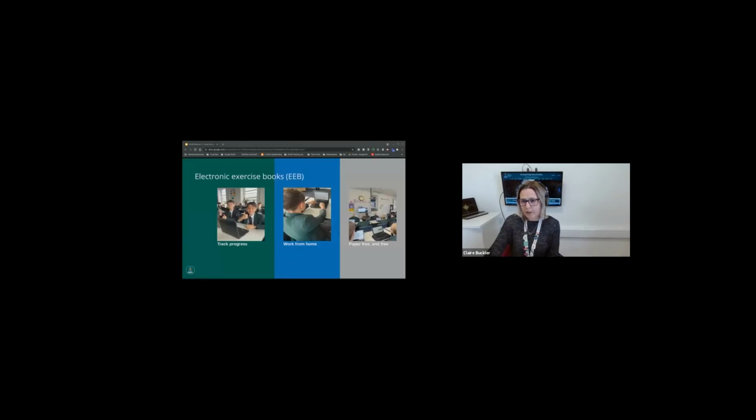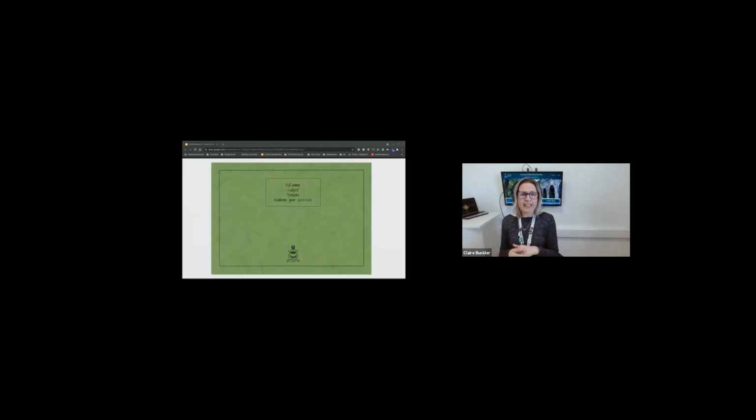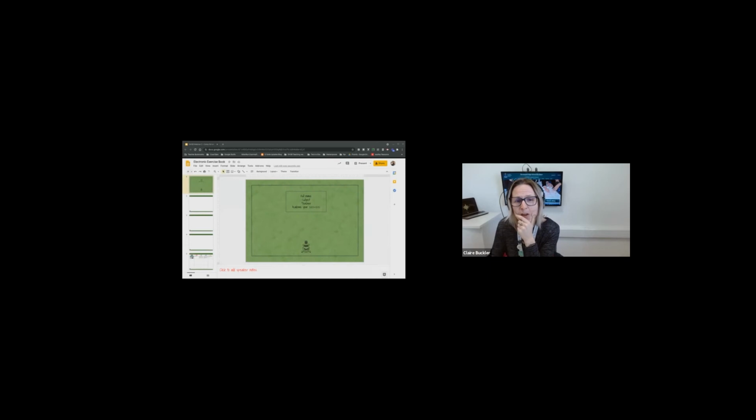So the electronic exercise book, you can see there is one of our Chromebook suites. All of those students there with their own Chromebook. So what we did is we set up some Google Slides and we made them look like a textbook because the students seem to really like that. And what we've got effectively is just an empty book. So this is a book that we may choose to track just general progress in class,